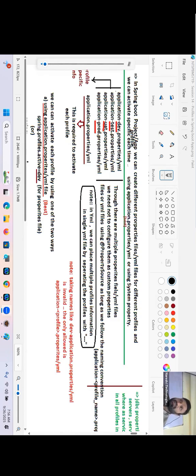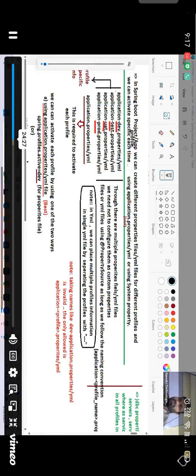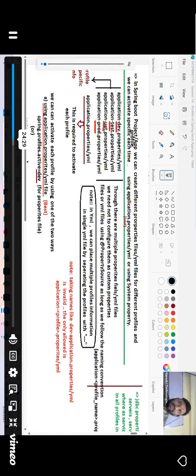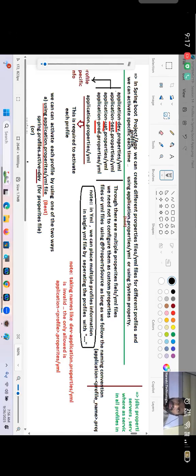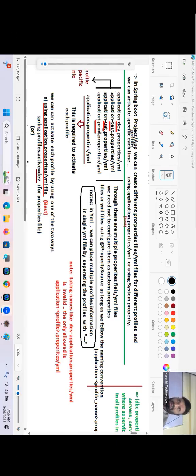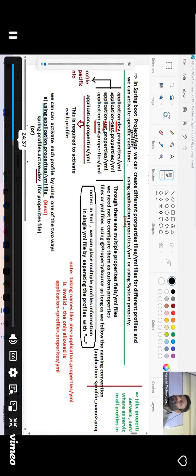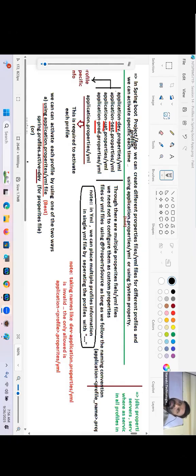Profile name is not fixed. Some standard words are there. If you are comfortable, use them. Otherwise, you can create your own profile name. But you have to maintain the same uniformity everywhere. Here dev means in @Profile also dev. Here development, there dev is not going to work out. There development means here development. Here dev means there dev. Clear, guys? Got the point, my dear? Everyone.